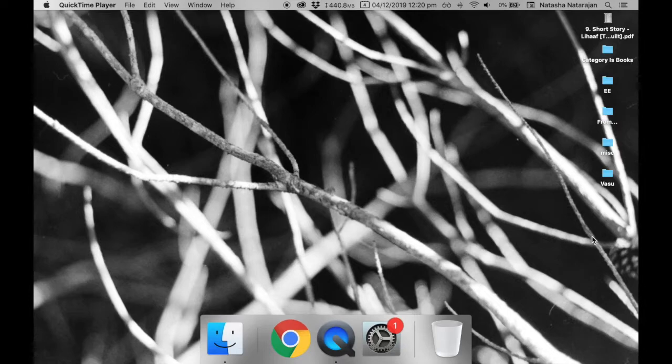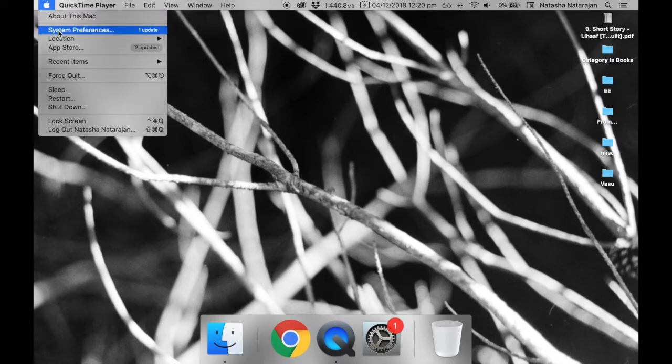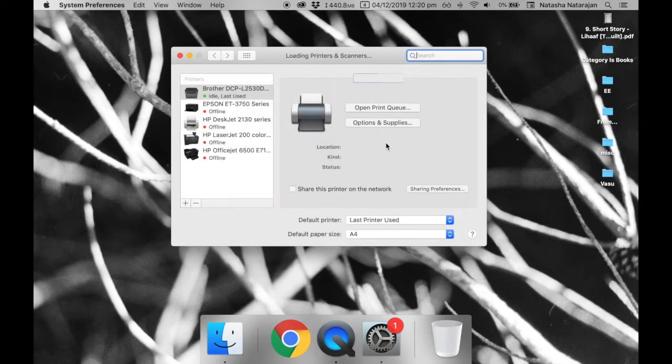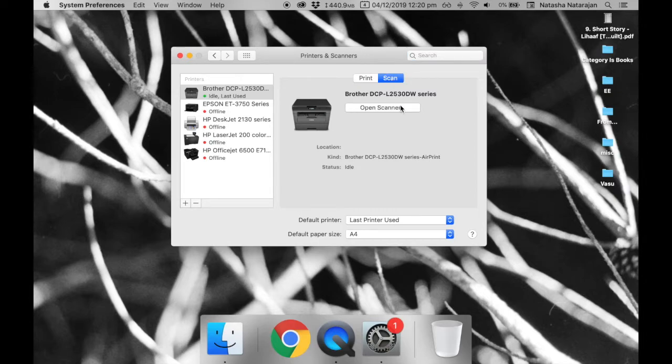It's in the top left-hand corner. Now I'm just going to navigate to the native Apple scanner application. So to do that, I go to the top left Apple icon, System Preferences, Printers and Scanners, and then my printer scanner appears here. And if you're using any printer and scanner with a Mac, it should appear here. So now I'm going to go to Scan in this tab on the right, open the scanner,